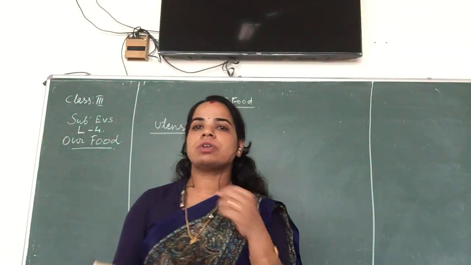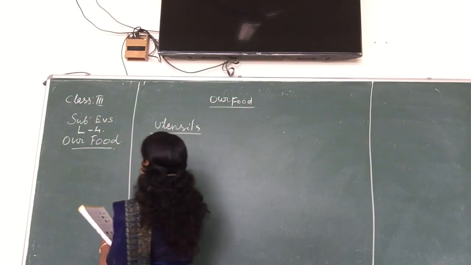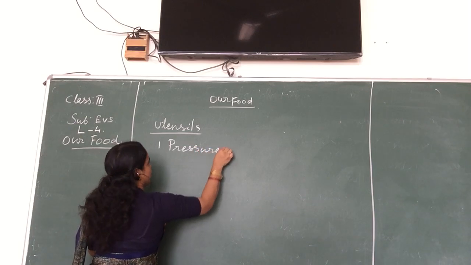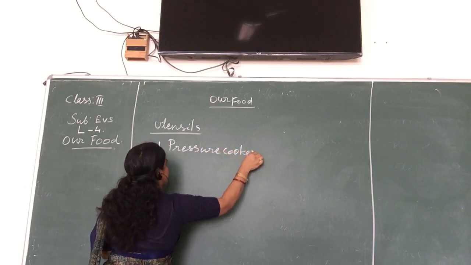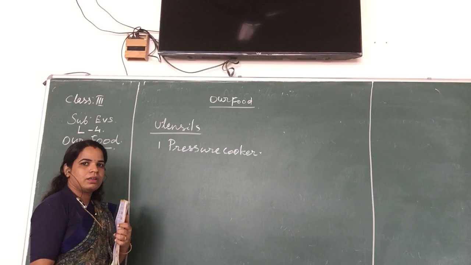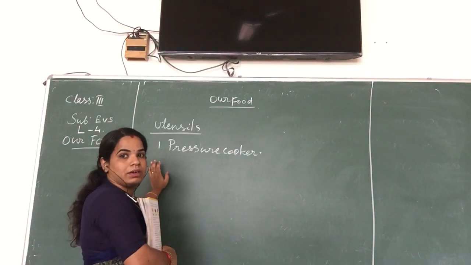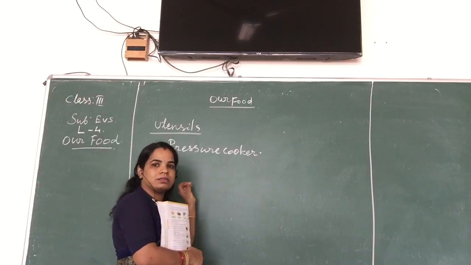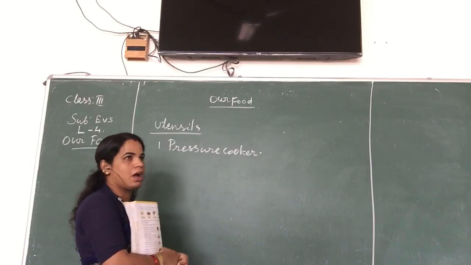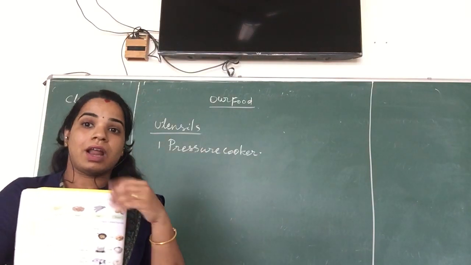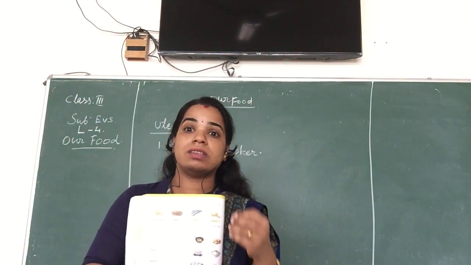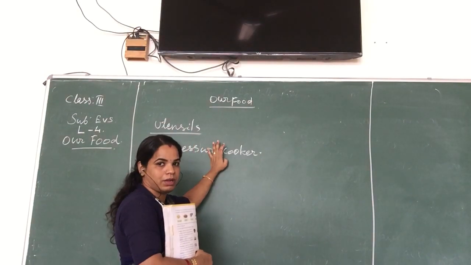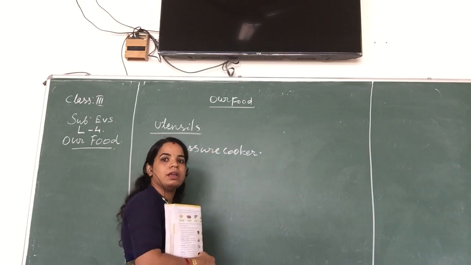And then here, pressure cooker. The first one is the pressure cooker. For which purpose are we using the pressure cooker? You all also use the pressure cooker to boil the rice as well as to cook the pulses, like green gram, red gram, rajma, and different pulses that take too much time to cook. So we are using the pressure cooker. It is used for steaming as well as boiling.